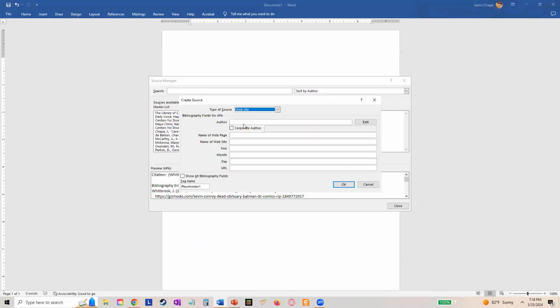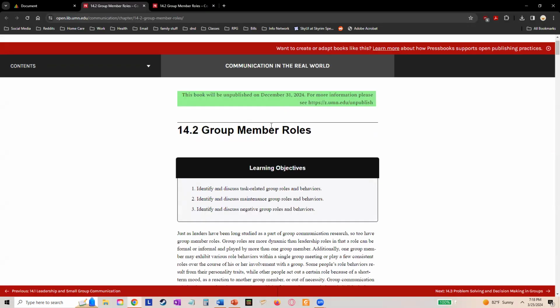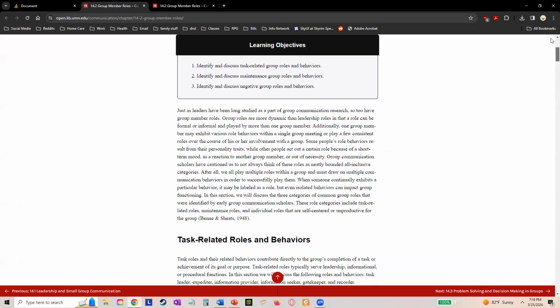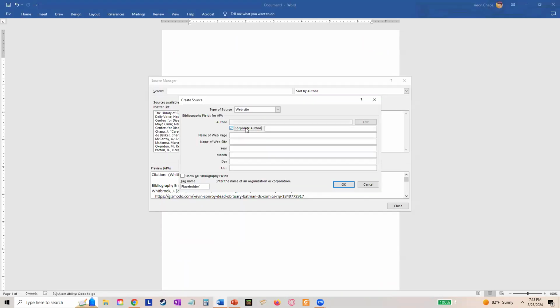So how are we going to cite this? Okay, author, put the name of the person who wrote it. Since there's no author here, we put the corporation responsible. In this case, it would be the publisher, which is the University of Minnesota. So we'll put corporate author. If there's an author that is a person, put it there, their last name first and then the initial. But since it's not, we put